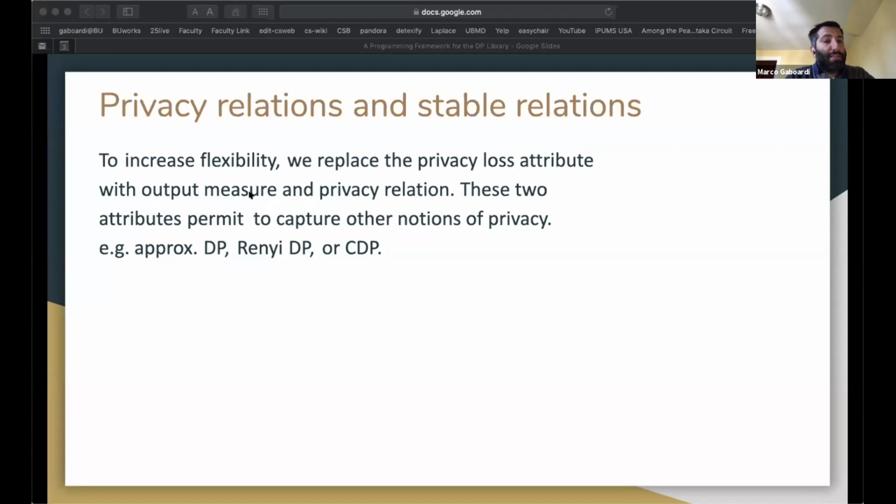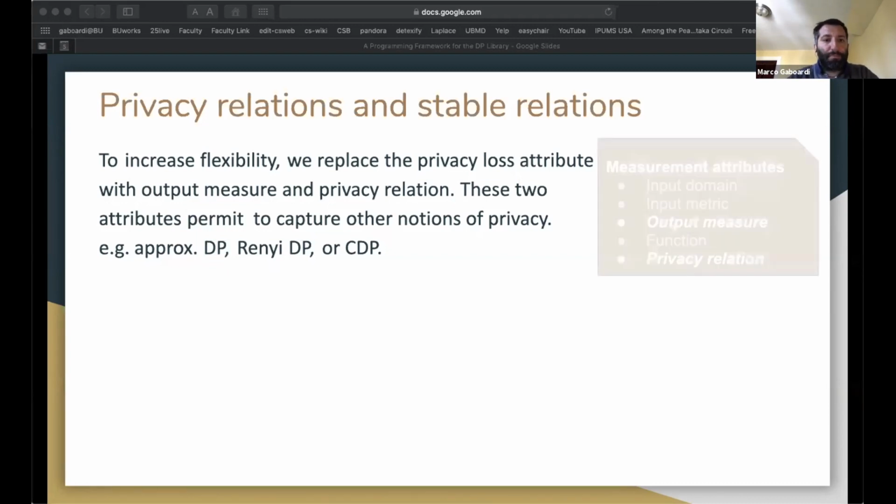And to do this, a single privacy loss parameter is not enough, because we need, for instance, for approximate differential privacy, both a value of epsilon and delta. And usually there is not only one value of epsilon and delta which we may choose, and so we want to relax to